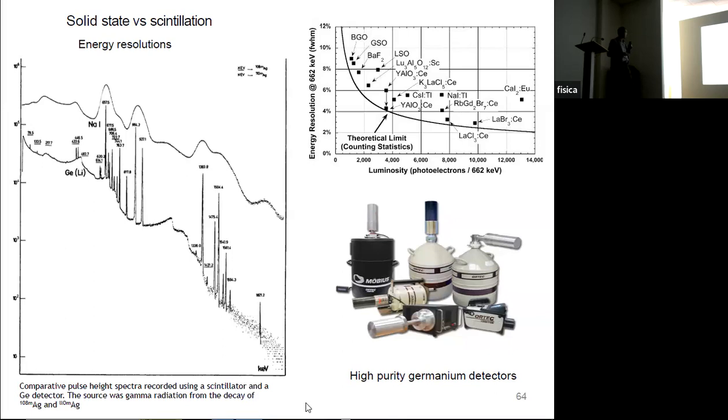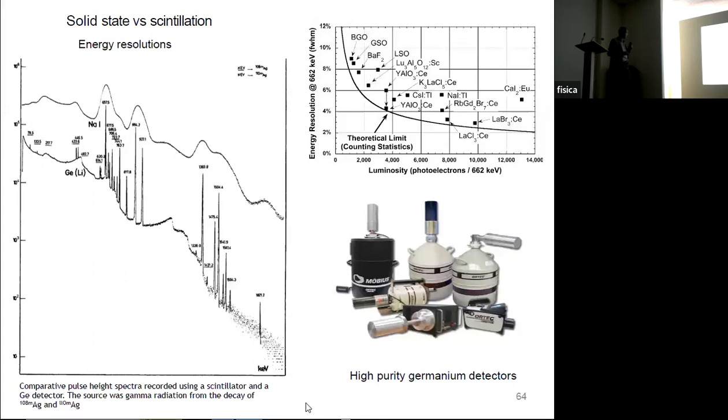If you look at this picture, you can see two types of detectors. The first one is a germanium detector. Here's the spectrum which we get using the germanium detector, and the second one using a sodium iodide